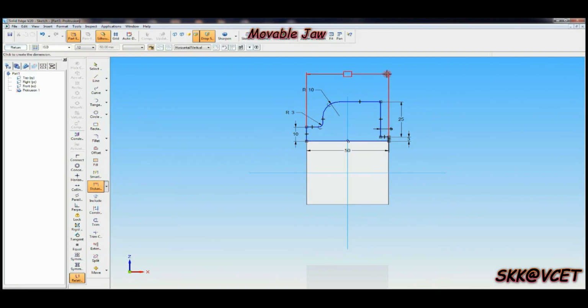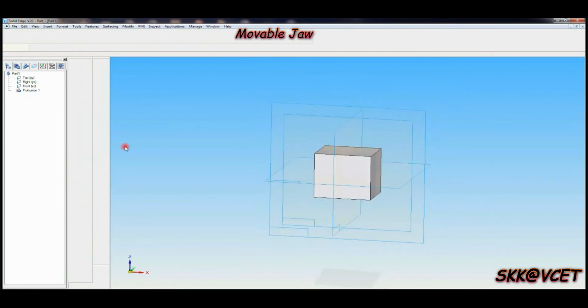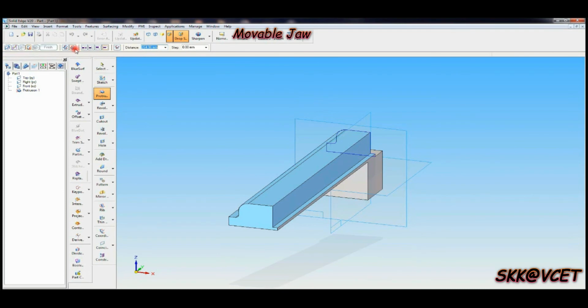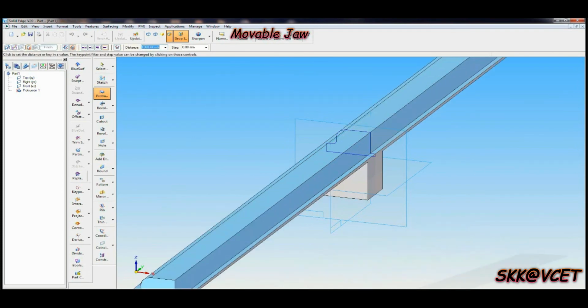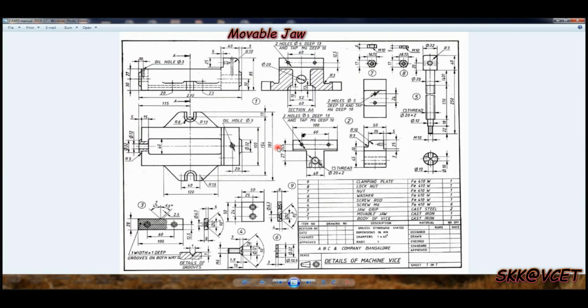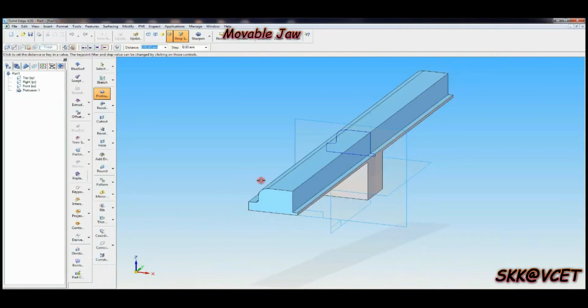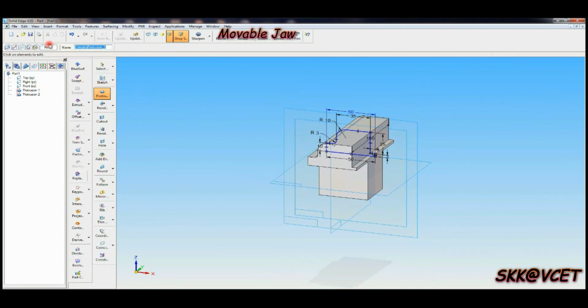The distance between 50 and the other is 35. Then return. The symmetric extension distance should be 100 mm. That you have to give in that drawing inside. 100 mm distance you have to give. Then click on finish.